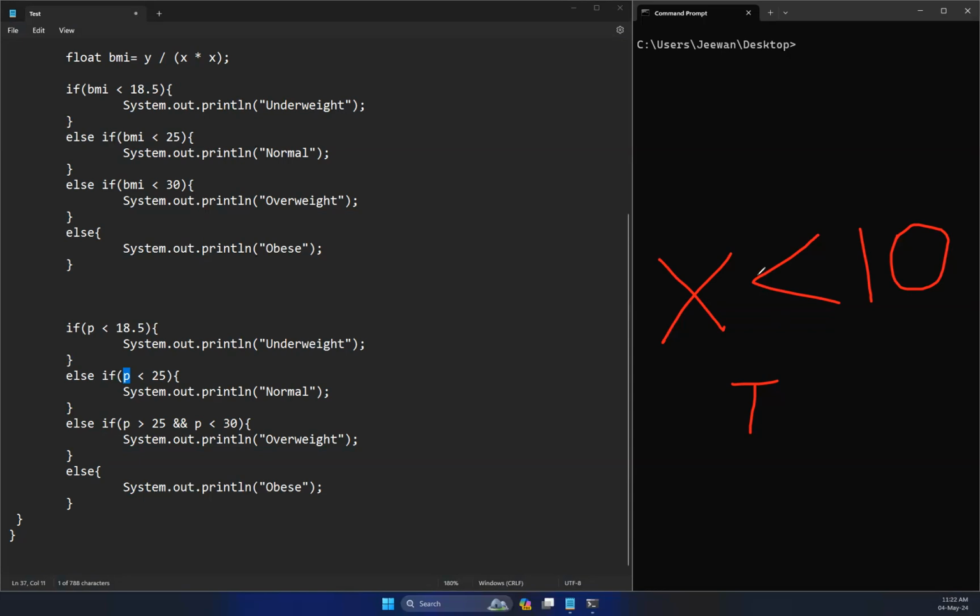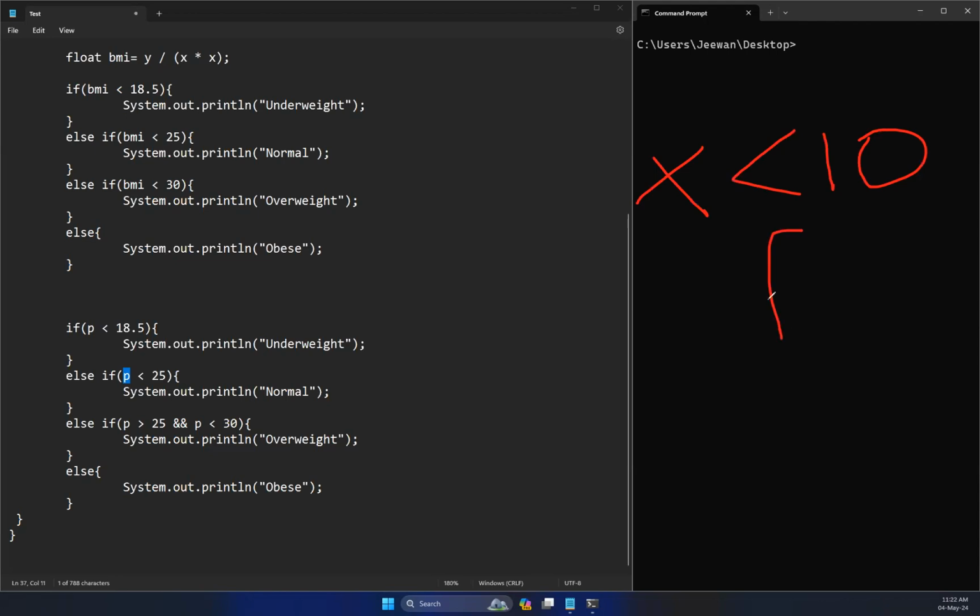If you take a number line, if it is 10 here, without 10, any number less than 10, from here to here, any number satisfies this given condition. In order to become true, from minus infinity to 10, any number satisfies the given condition. Therefore, now if the condition x less than 10 is false,